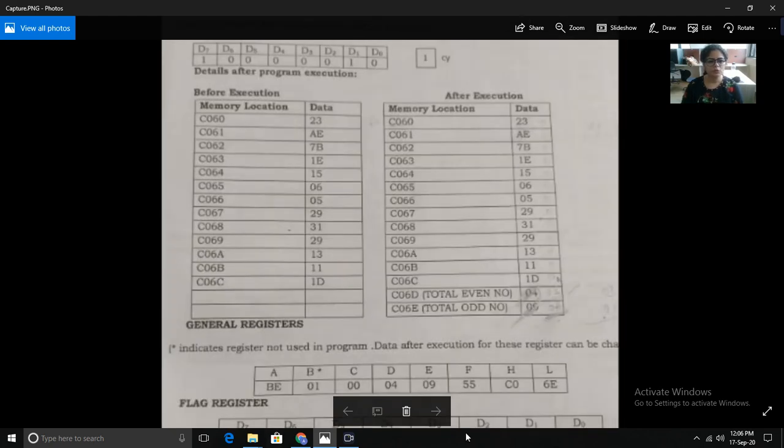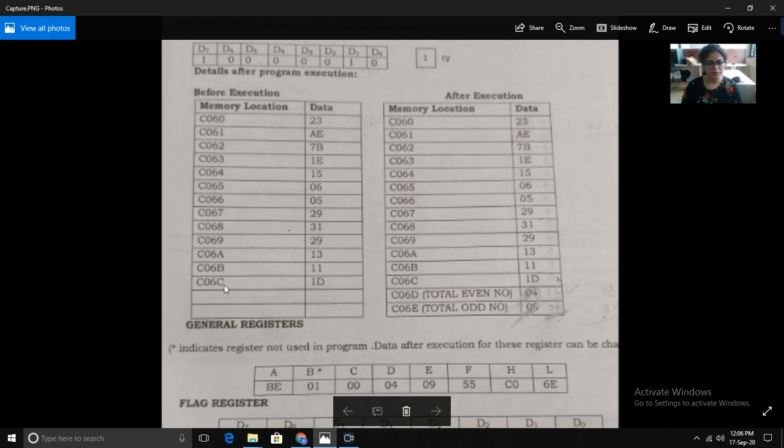This is the before execution part, and memory location 6060. So you can assume this as 6060, and this is the data at the consecutive memory locations. You can add any data, it is your choice. I will show you the output according to these numbers. And the last memory location is 606C, and it means that you have to store the result after this memory location, that is